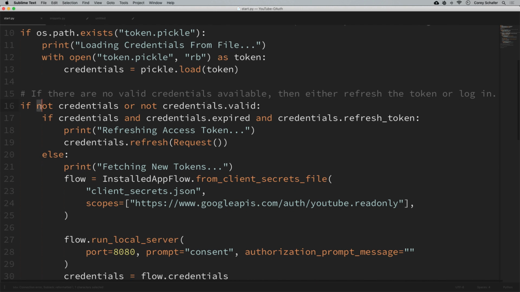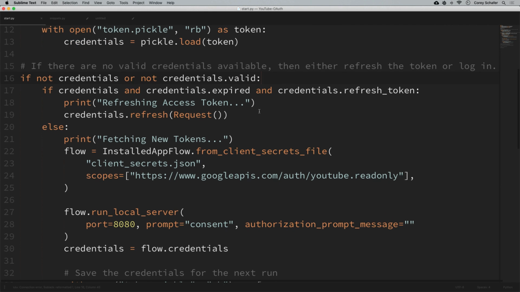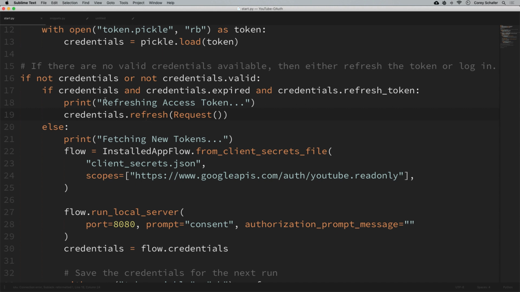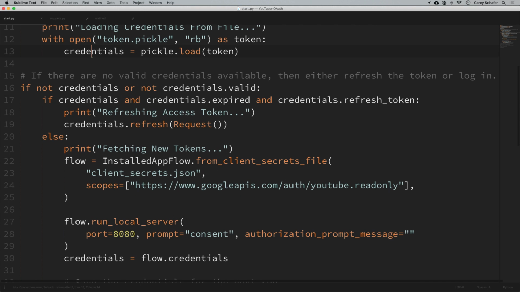So now we're saying if those credentials don't exist, or if those credentials are not valid, then we want to come inside of this conditional here. And within this conditional, there are two things that we want to do. We first want to check if our credentials actually exist. So if we have credentials, which means that they were actually loaded in from the Pickle file,